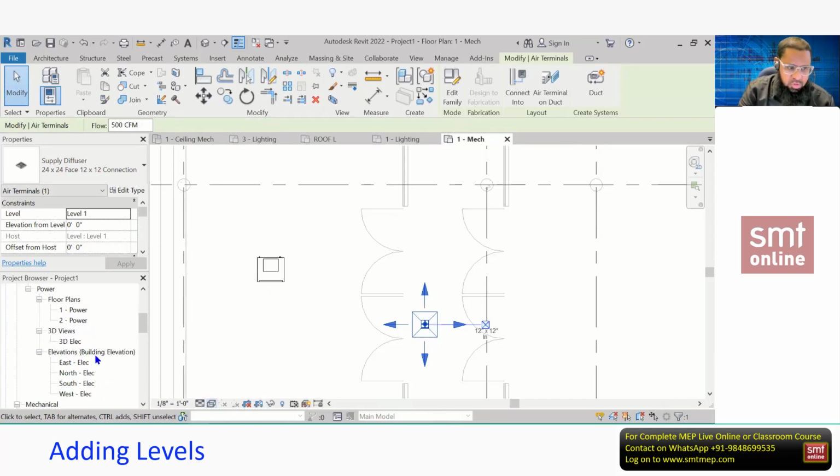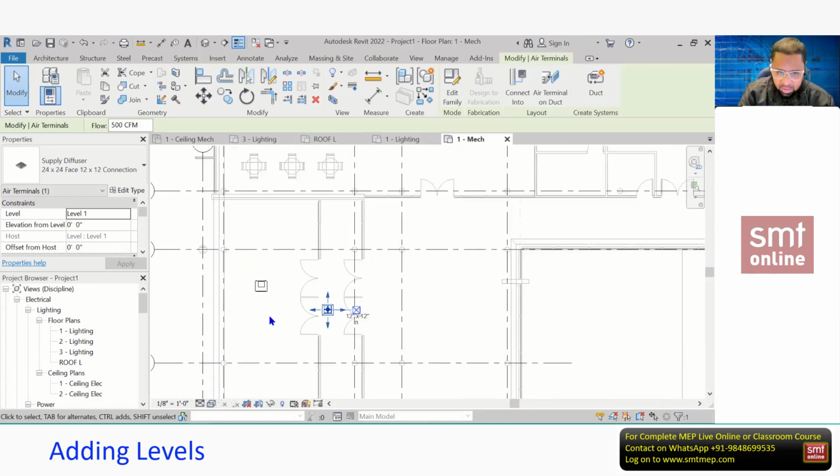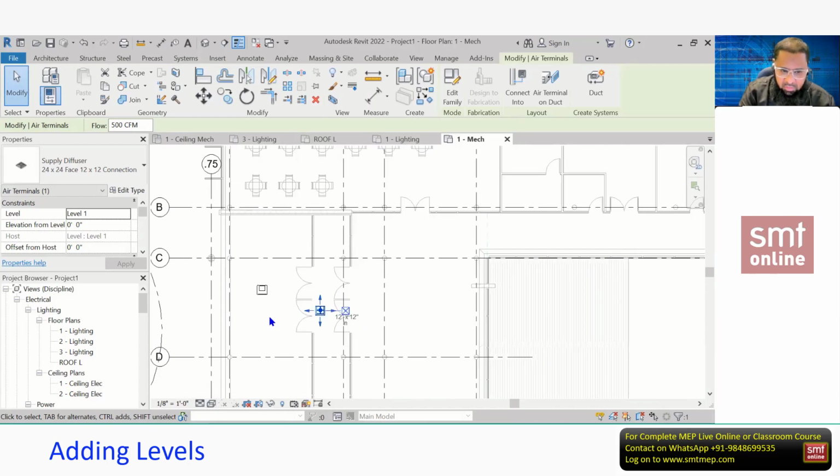But then what is the use of creating the levels and duplicating the levels? The purpose is to avoid confusion at the time of working, because if I use only level 1 for mechanical, electrical and plumbing, and everyone is working in one view, that will create a lot of confusion. And even on site, we require different views for the installation: separate layout for ducting, separate for piping, separate for lighting, separate for plumbing, etc. Right? So for that reason, we have an option called VG, visibility graphics.